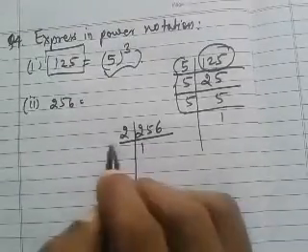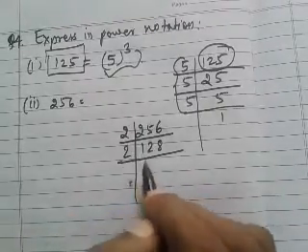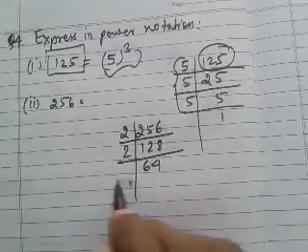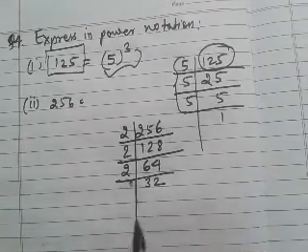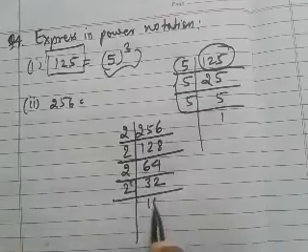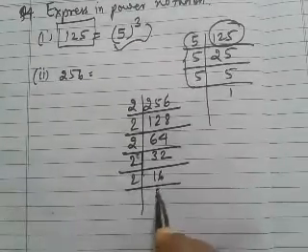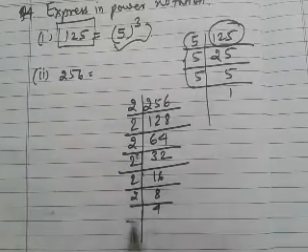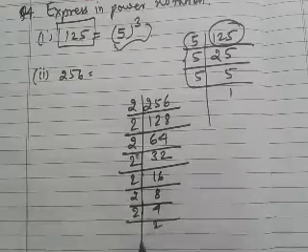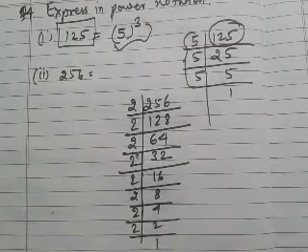2 1s are 2, 2 2s are 4, 2 8s are 16, 2 6s are 12, 2 4s are 8, 2 3s are 6, 2 2s are 4, 2 16s are 32, 2 8s are 16, 2 4s are 8, 2 2s are 2, 2 1s are 1.